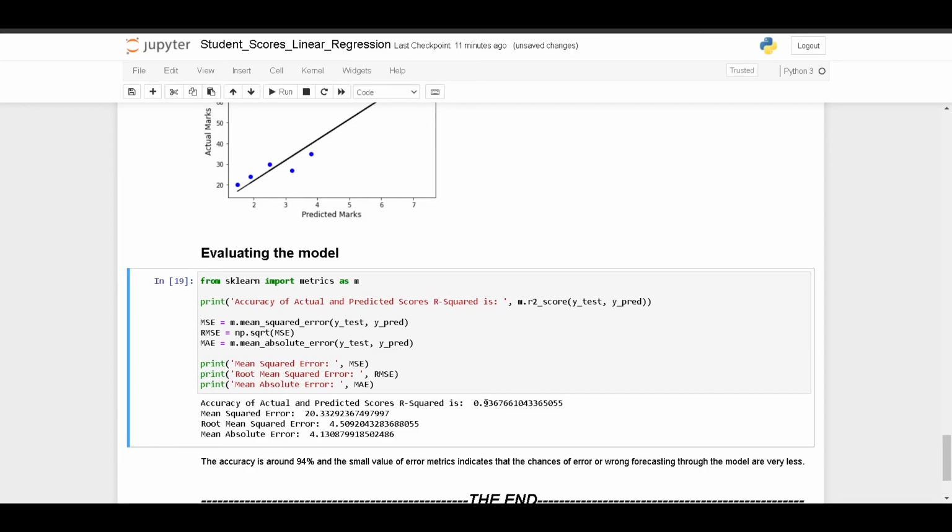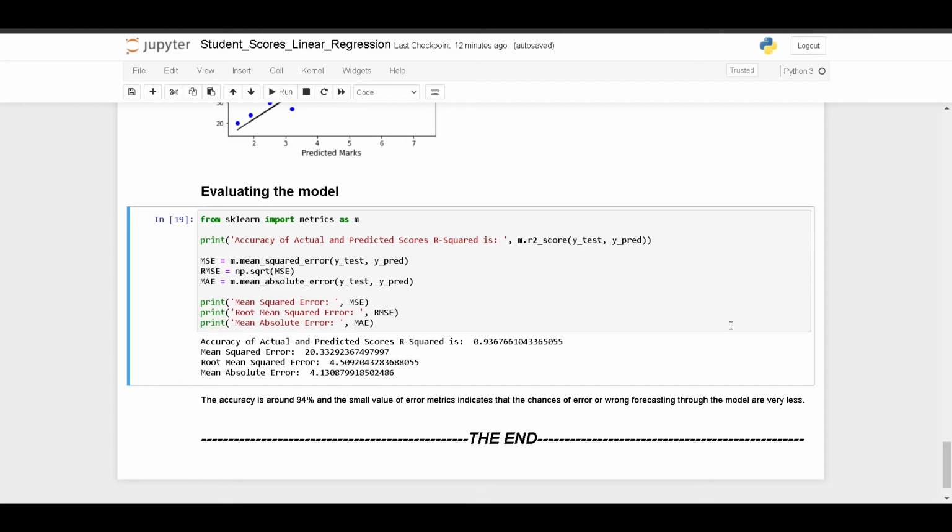So yeah, we are getting almost 93.67% accuracy, close to 94. And these are the values of the MSE, RMSE, and MAE. So we can conclude that the model is giving us around 94% accuracy, and the low error metric values indicate that there is very little chance of wrong prediction or some kind of error.